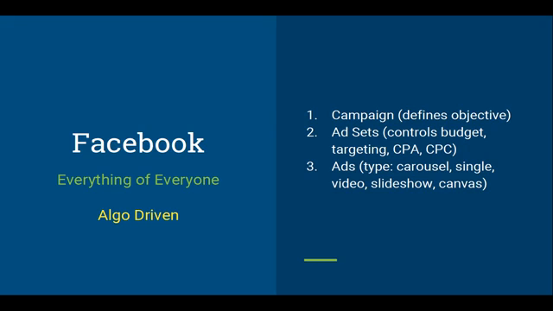How is Facebook different from Google? It's primarily algorithm driven, right? What I mean by that is you can obviously go and change the bids and put a CPI that you want or a CPE that you want, but Facebook works best when you let it optimize on its own, right? Why is that the case? Because for users who are accessing Facebook, Facebook is in control of showing what at what point in time, right?